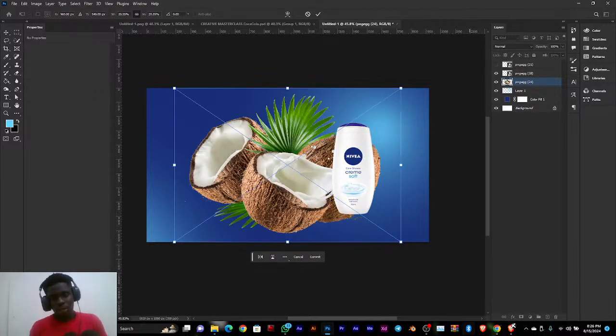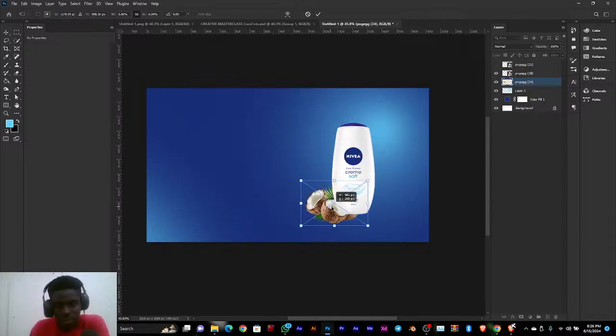Now mind you, it may not be that they used coconut extracts for this particular product. We are just using this for the sake of the tutorial, so I don't care if they used coconut or not, or whatever they used. We are just using this for the purpose of this class. So you'd scale it down,